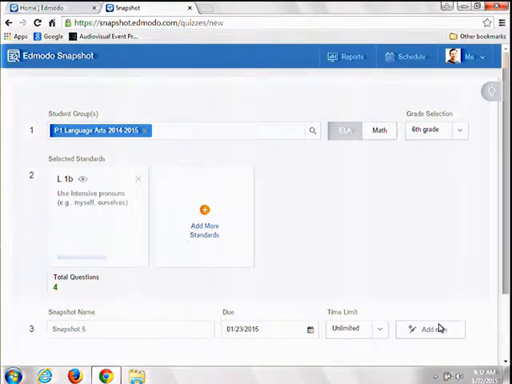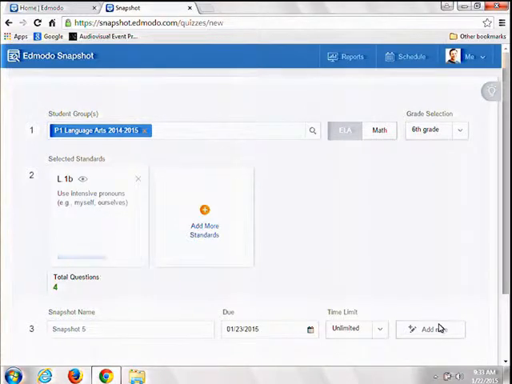So right now I have 1 standard selected, so my assessment is 4 questions long. Snapshot keeps track of which items your students have seen and which ones they haven't, and it's always going to try to assign them new items that they have not seen before.